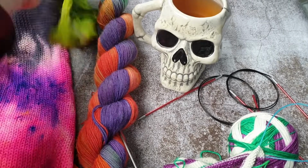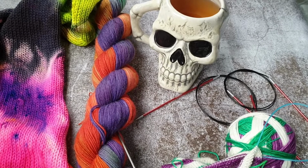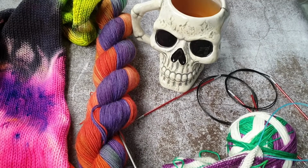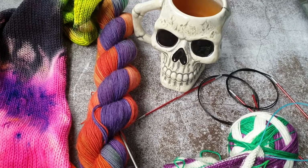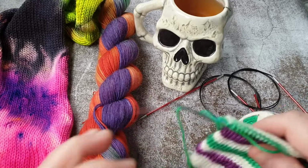I tend to try to use identical needles because my personal tension, this is not necessarily true for everyone, can vary wildly depending on the length of the cord and the material of the needle tip. Obviously your mileage may vary. That's not true for everyone. It is true for me though. So my personal favorites